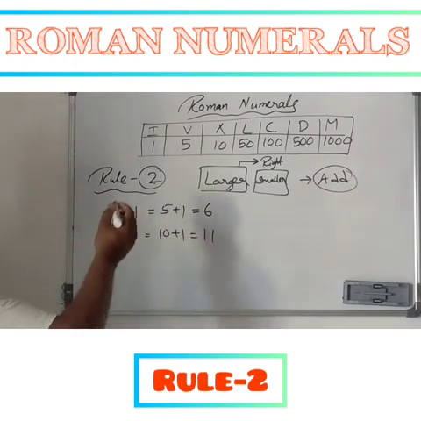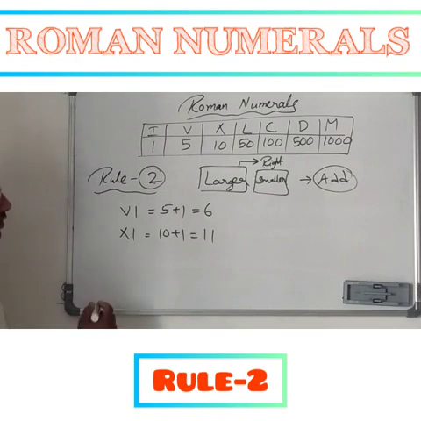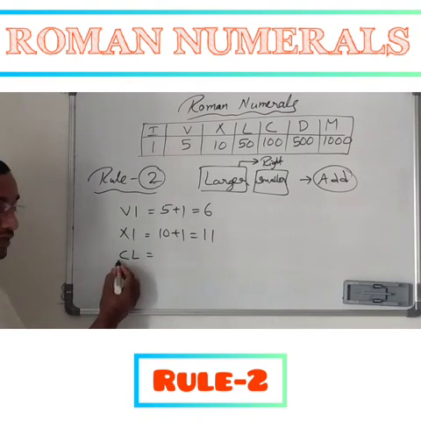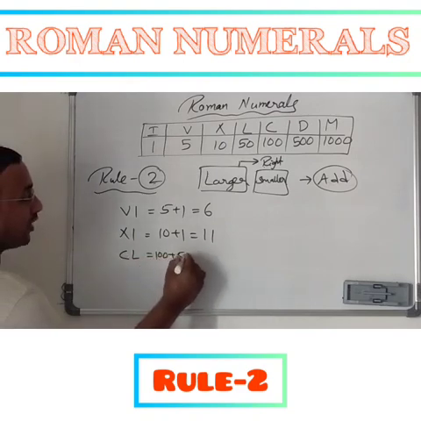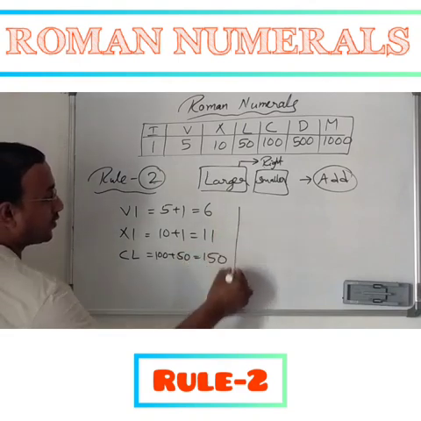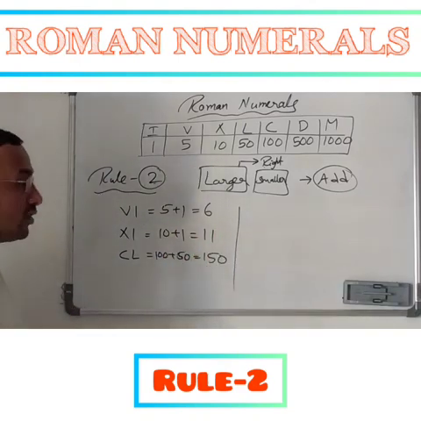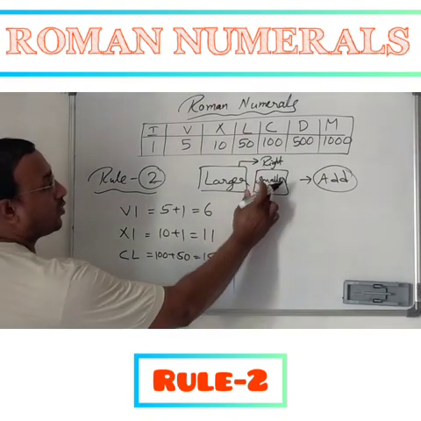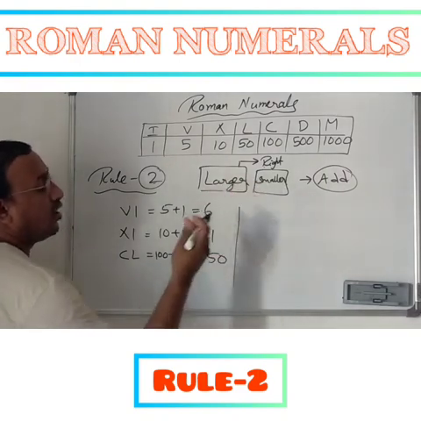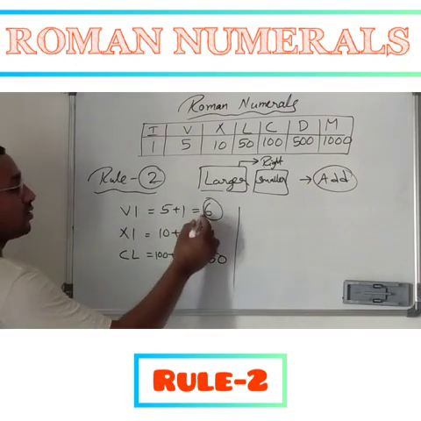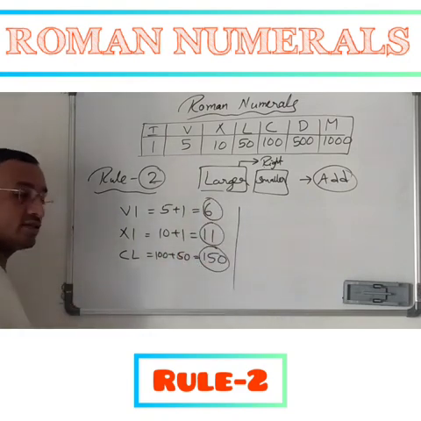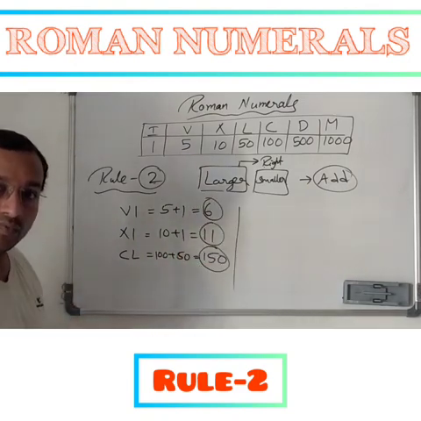Okay friends, similarly we can write many values in that way. If I have CL, we have the smaller Roman numeral to the right side of a larger Roman numeral, so 100 plus 50, it's nothing but 150. You can write some more examples in this way. Just put a smaller Roman numeral to the right side of a larger one, and simply add them so that we get our system of values, that is Hindu Arabic numerals. Okay friends?